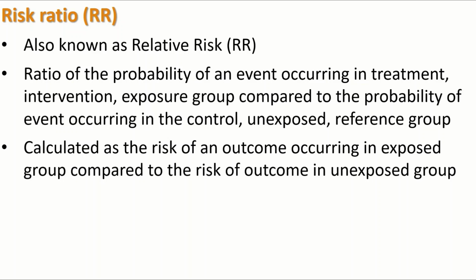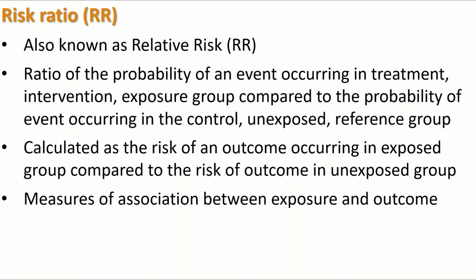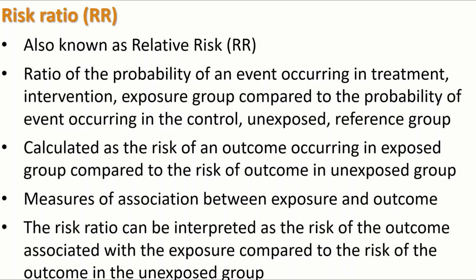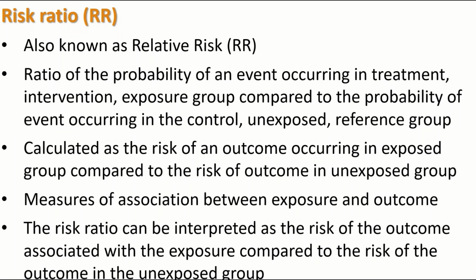It is calculated as the risk of an outcome occurring in the exposed group compared to the risk of the outcome in the unexposed group. So it measures the association between exposure and outcome, and the risk ratio can be interpreted as